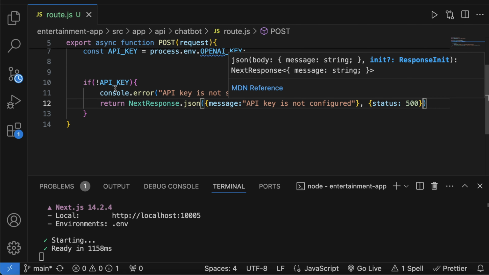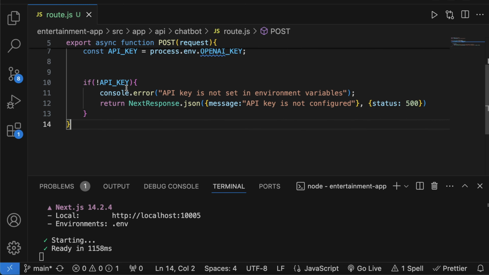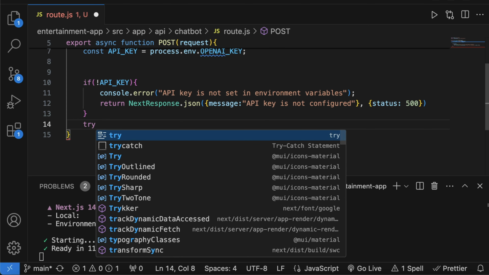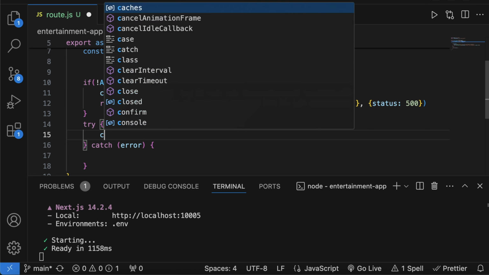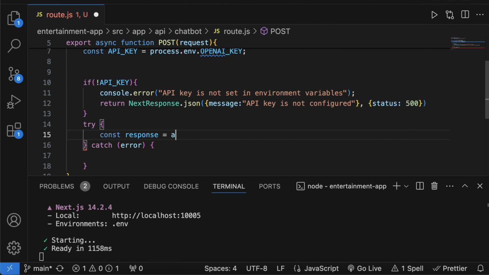Cool. So if we don't have an API key set, we're going to console log this error, and then we're going to respond with a JSON message saying API key is not configured and a status of 500. Afterwards, let's come down here. Now, if we do have an API key, we're going to have a try catch, and within the try, we're going to say const response is equal to await